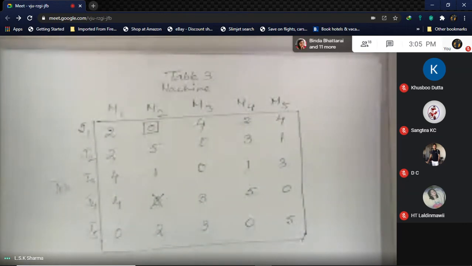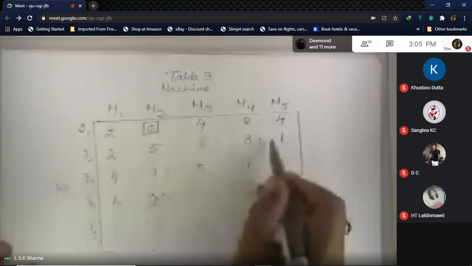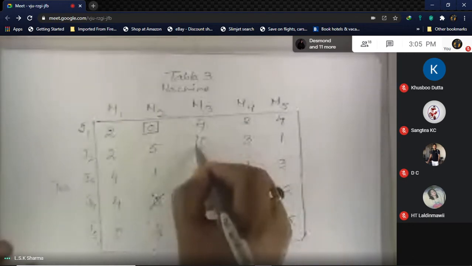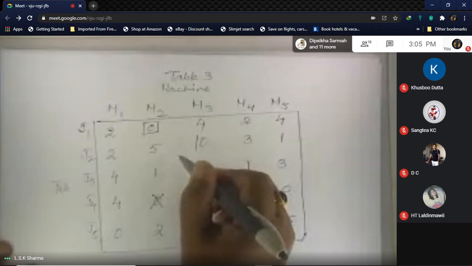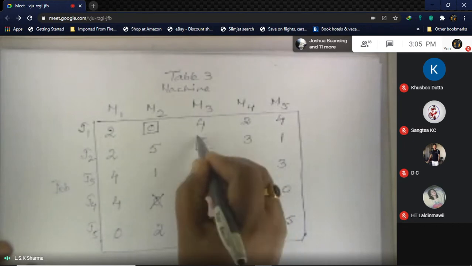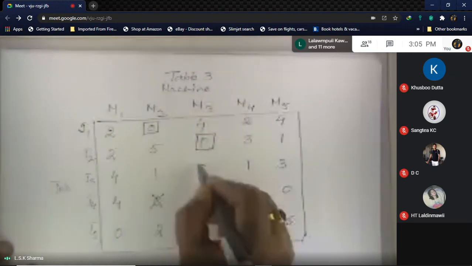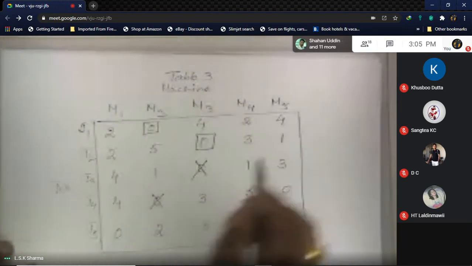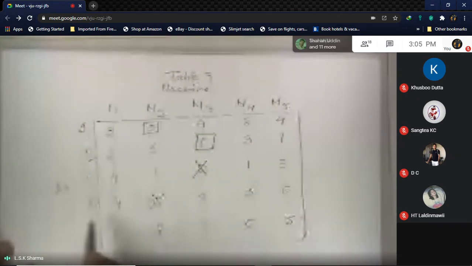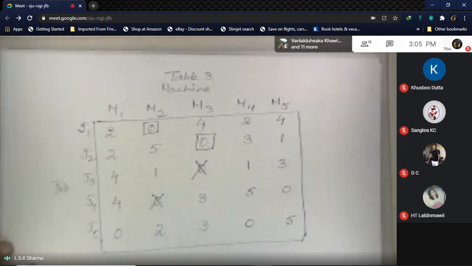Similarly, you have to go for the others also. The second row, do you find a single 0? Yes. You find a single 0, put a square on it, and in that column, if you find any other zeros, put a cross mark on them. Now the third row, I cannot do anything, it's already a cross mark. Here also there is one cross mark, but there is another 0 as well, so I'll leave it out again. Let us see what happens. And the last row has 2 zeros here.